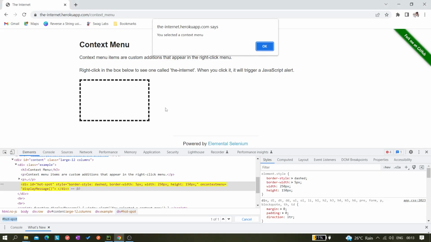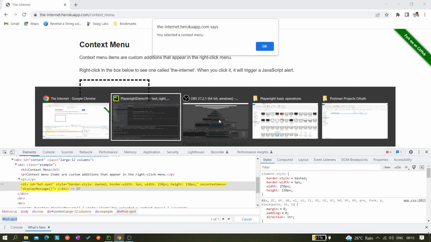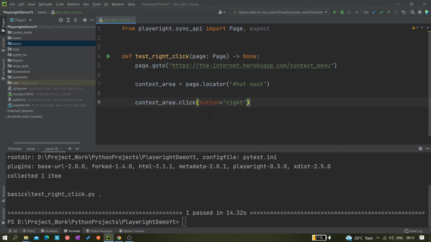Okay, but if you need to dismiss it or do anything else, there is a way to do that. I already have created one video on that, so if you are interested, you can watch that video. I'll be adding that link in the top right corner. If you click on the eye icon, you will be able to see it. Okay, so this is how you can do the right click